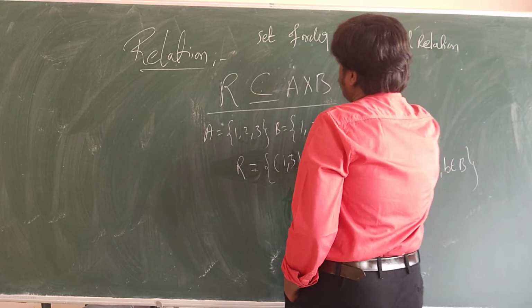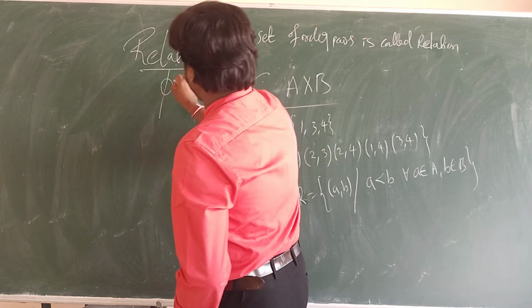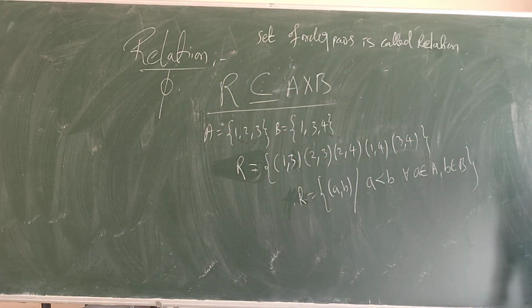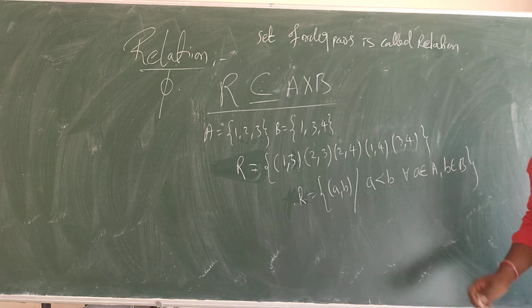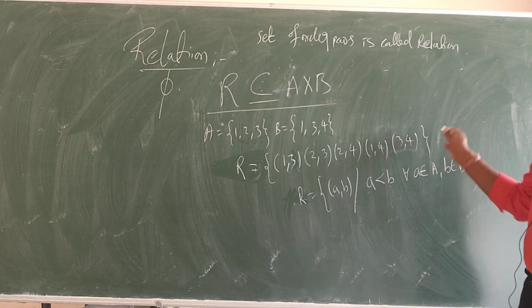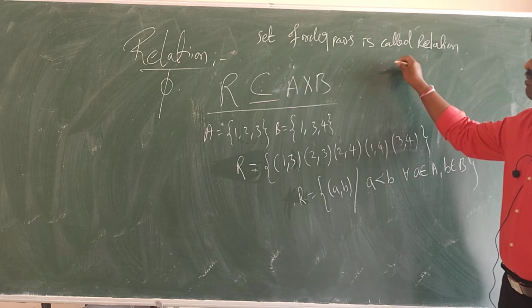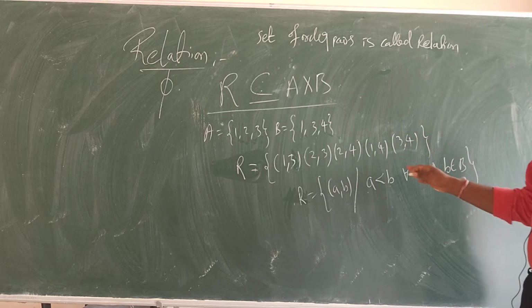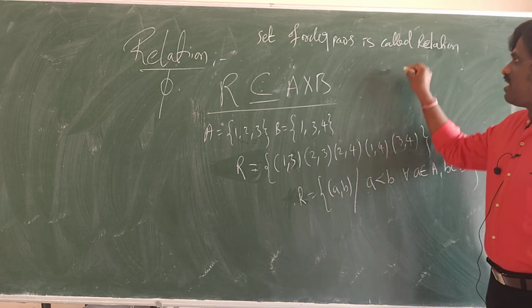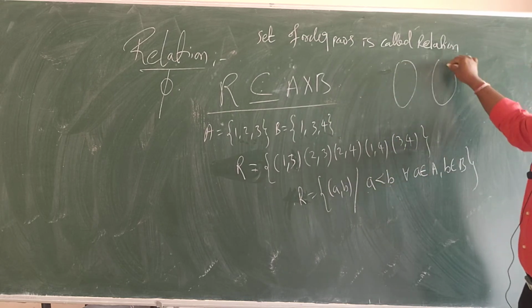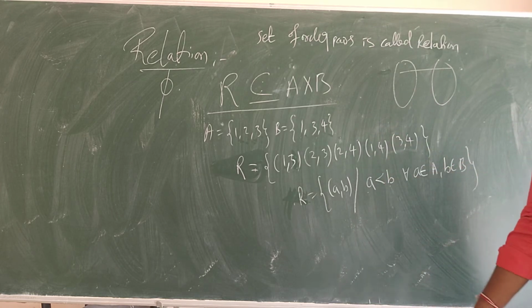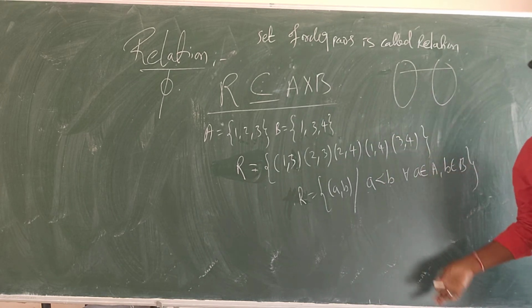And the empty set is always a relation. The empty relation also will be there. This is not only for numbers. You can take even friendship, anything. In general also they will take the relation, not only for numbers. You can take names and match the names, their friendship or anything. Such relations are also possible.